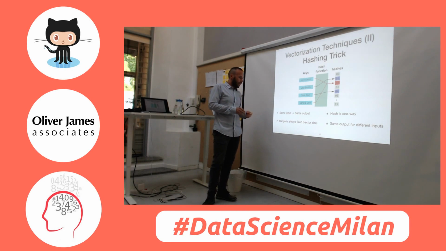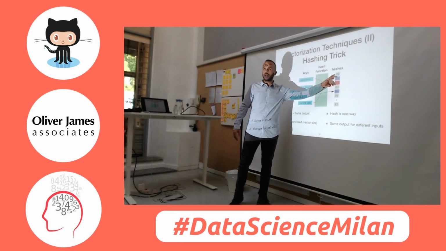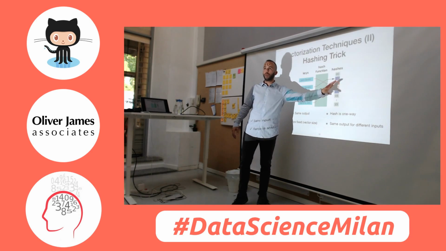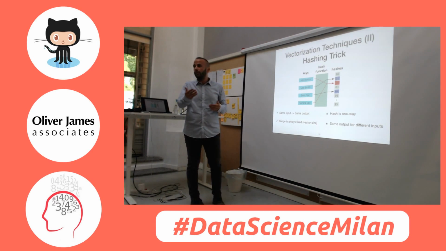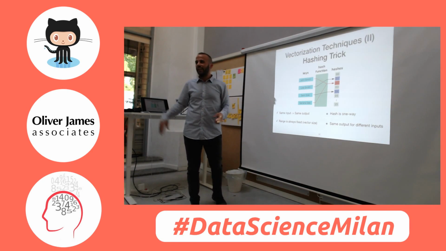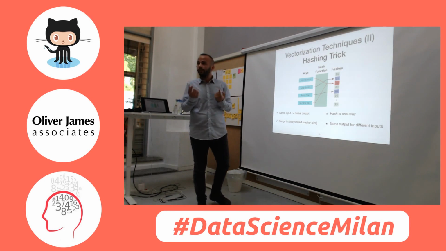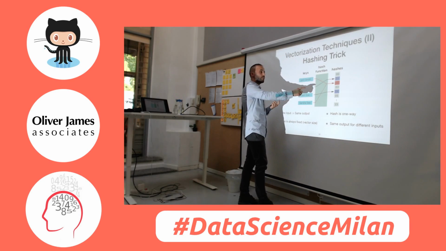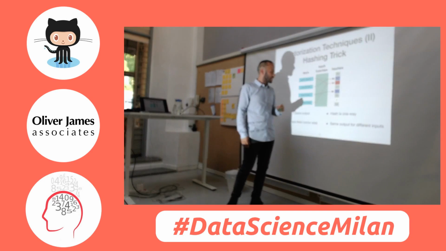The other good thing is that the range is always fixed, in the sense that we are the ones that say that we want to map our hashing function to this type of domain. In this case, it's numbers from 0 to 15, but we can choose to have vectors which range from 15 to n. So it's our choice, which is a good thing to have. But hash is one way. And what it means is that if we have number 2, we cannot go back to John Smith.